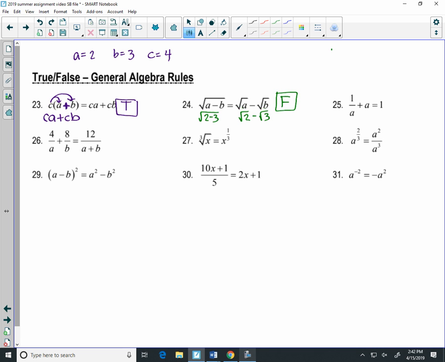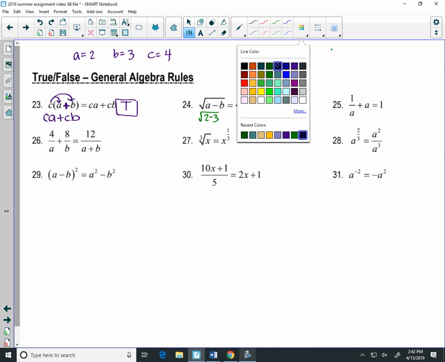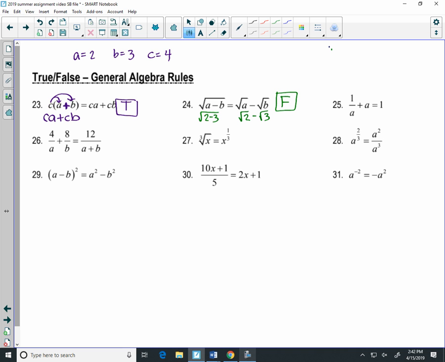If you would even, for this one, want to pick numbers that do have perfect squares, that would be a nice way to show that one for yourself. So pick like 4 and 9 as your A and B to convince yourself that that one does not work. 1 over A plus A. If I was going to do the algebra on this one, I'd do 1 over A plus A over 1, so I need a common denominator, and I multiply the bottom and the top by A. So that would be A times A is A squared over A. Combined over the common denominator of A, that would be 1 plus A squared over A. That is not equal to